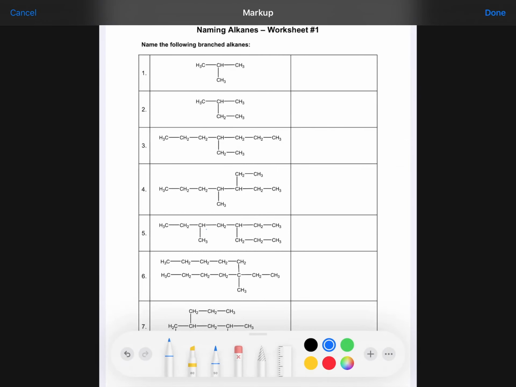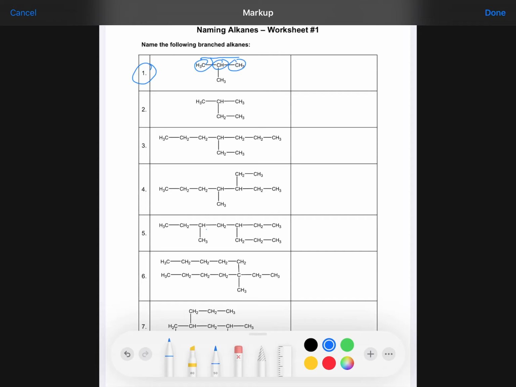Okay, with this, I am going to try to offer a little bit of help with naming alkanes. The very first step that you need to do is find the longest continuous chain of carbons. And for this one, it's pretty easy. This one right here. You couldn't tell which one I was looking at, but I have to circle it to tell you. So if we go from here to here, we have 1, 2, 3 carbons in the longest continuous